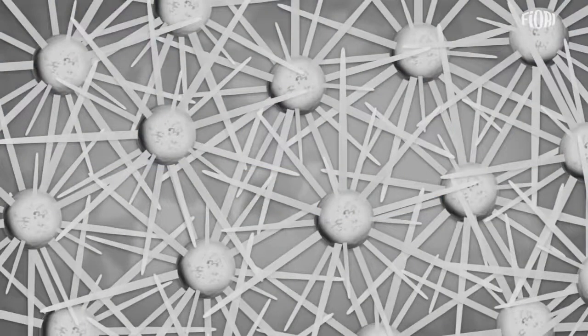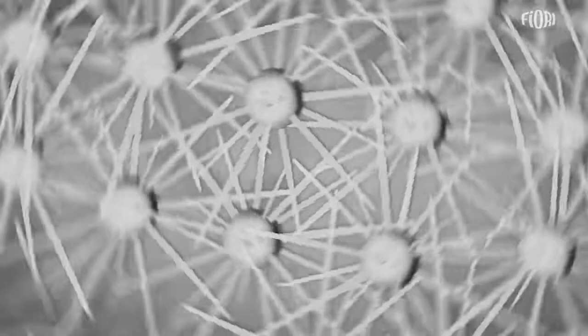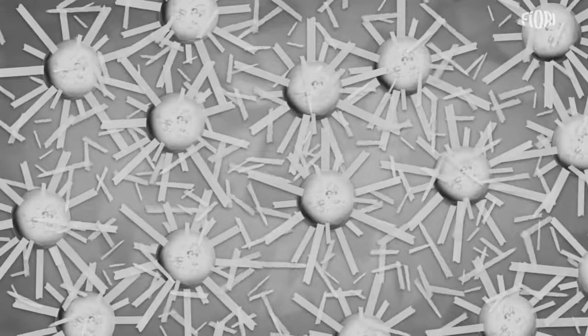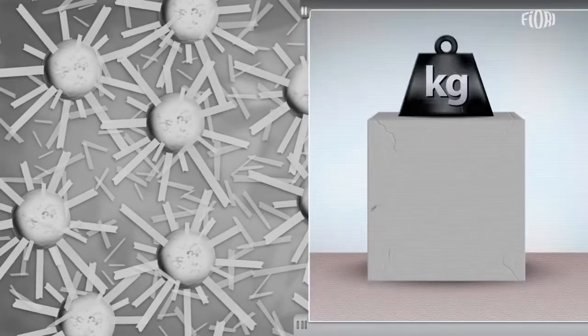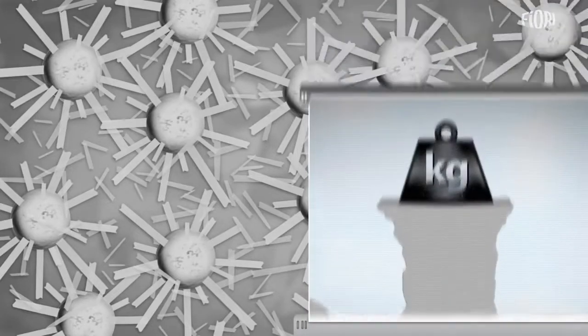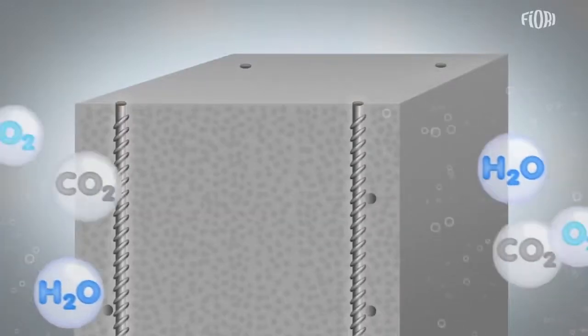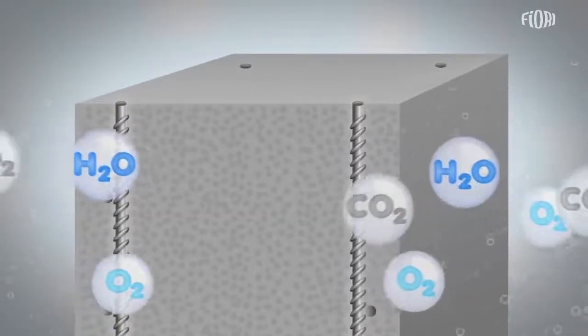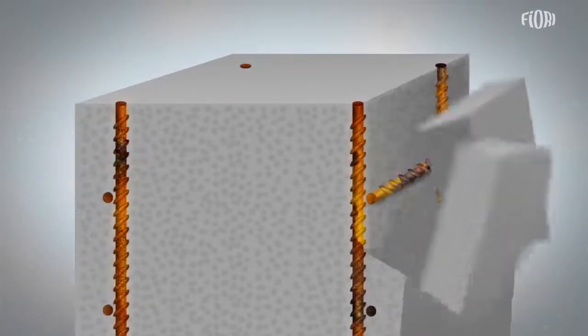Another error is that of mixing the concrete too long before using it. After about an hour, cement has already started to bind. Prolonged mixing breaks the bonds and compromises the final strength. These errors can reduce the load-bearing capacity of concrete. Mistakes in mix proportions and mixing procedure create porosity, which facilitates the corrosion of steel reinforcement.